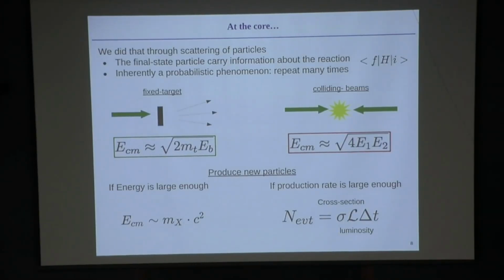But the other thing is that this type of reaction, being purely a quantum mechanical effect, is probabilistic. What will happen through this scattering is not something that you know for sure. What you know is the probability of some reaction happening. And there are many different types of reactions that might happen. So to study and produce new particles, you also need enough rate of reactions such that the probability of producing the particle you're looking for is large enough to be observed. This is another key point of collider physics.